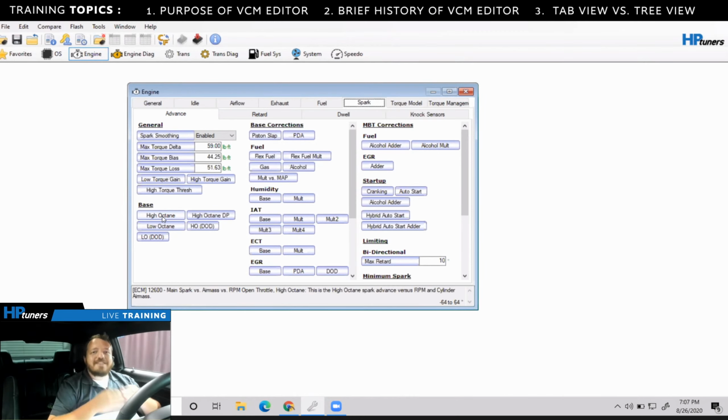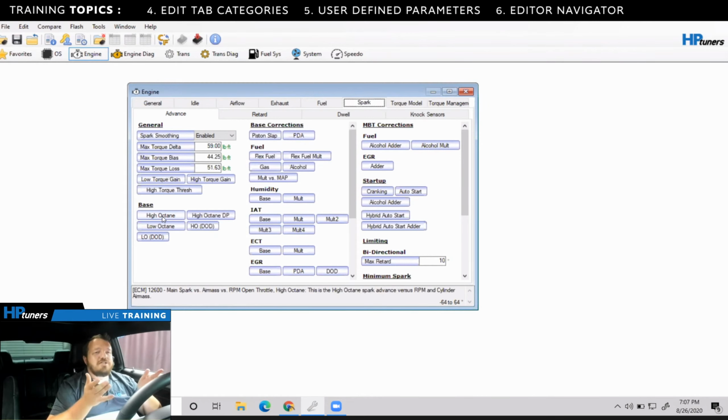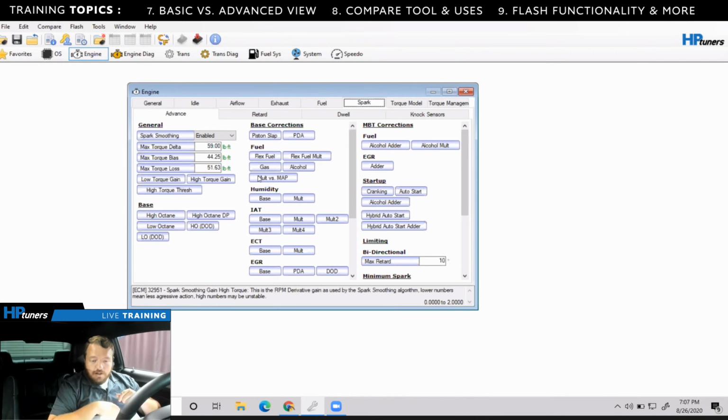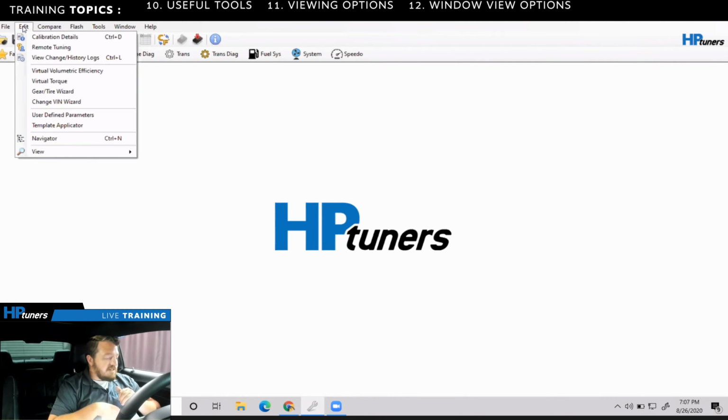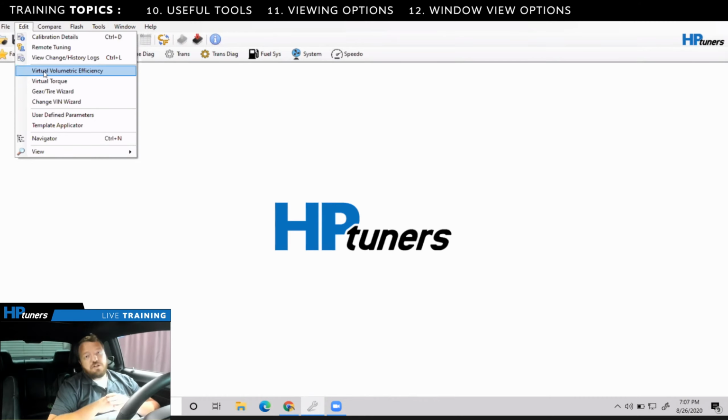But nonetheless, HP Tuners is giving you the ability to view it one way or another, depending on how you prefer to view the data. So that's pretty cool. All right. So moving forward, we have our edit tab, which we're going to discuss a lot of different features under. All right. So the first one I want to discuss is what's called the virtual volumetric efficiency editor,